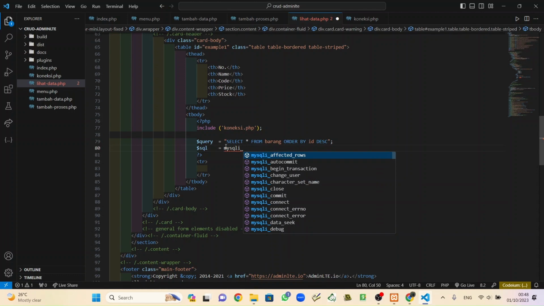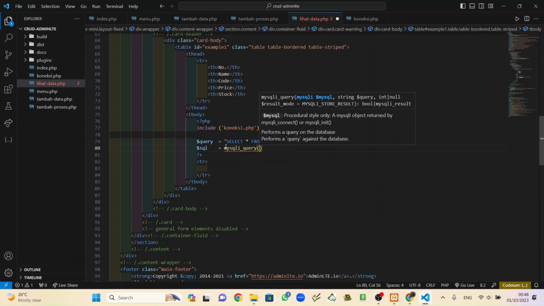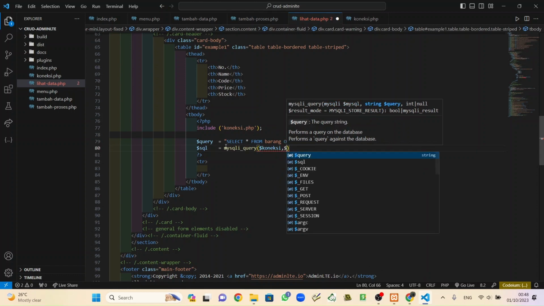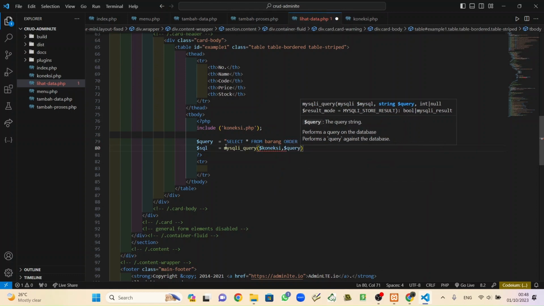mysqli_query, koneksi and query. Semicolon.